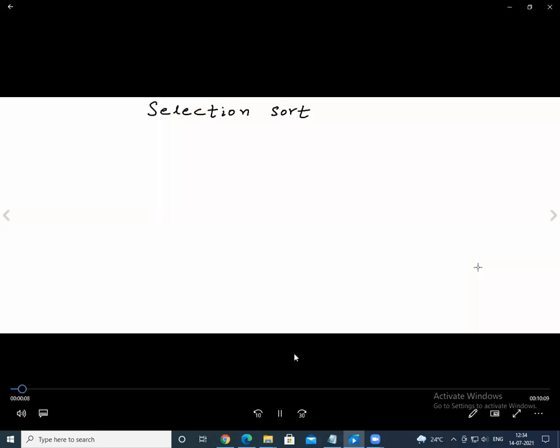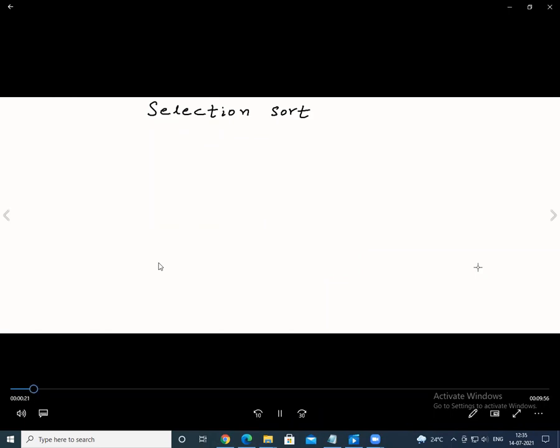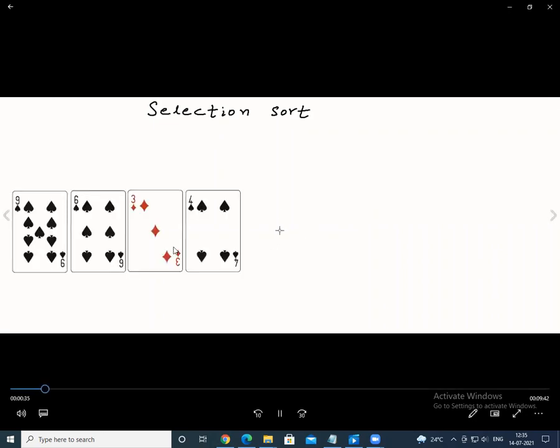There are so many sorting algorithms; this is a basic sorting algorithm. Let me explain and analyze what selection sort is. With the knowledge that you have of bubble sort, you do n minus 1 iterations and comparisons. Let us start selection sort. Imagine we have a set of cards and we want to arrange these cards in increasing order of rank.